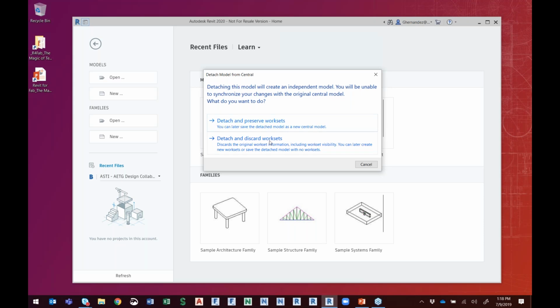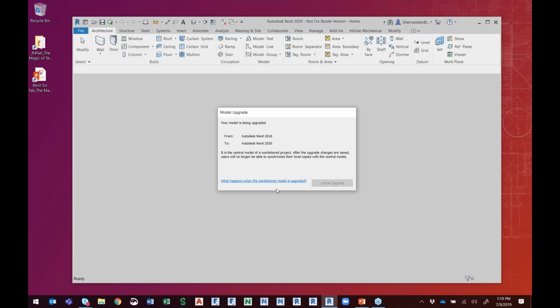This is going to break it all back down into a Revit file that's more usable and more flexible for new users to the environment, and new users to Revit for fabrication. So in this case, I would just detach and discard. It goes through the upgrade process, and every time you see anything in the Revit environment and you see